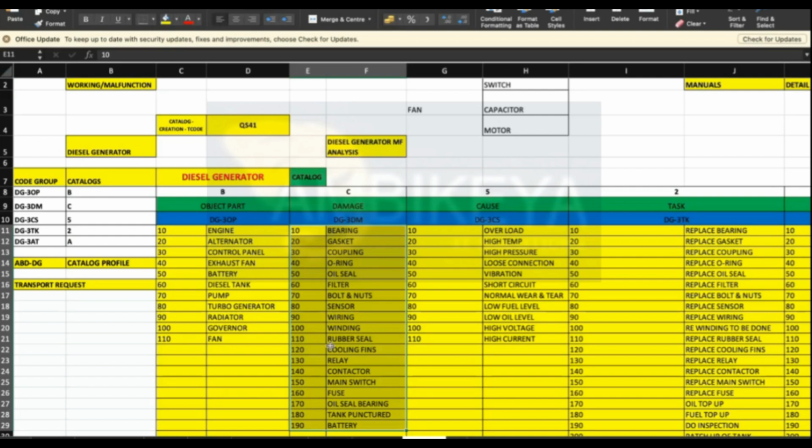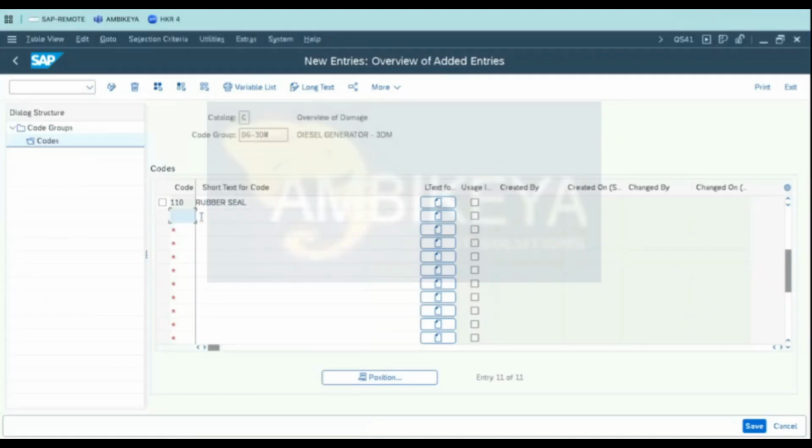So be cautious while pasting. Okay, copy paste in SAP. How many you are able to paste, that you should check. So this way. Okay, see now here if I go for the short text for your code,